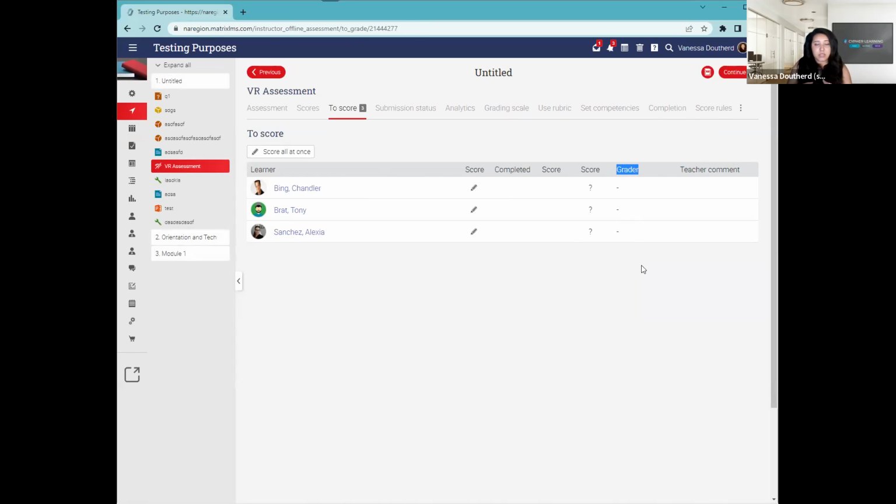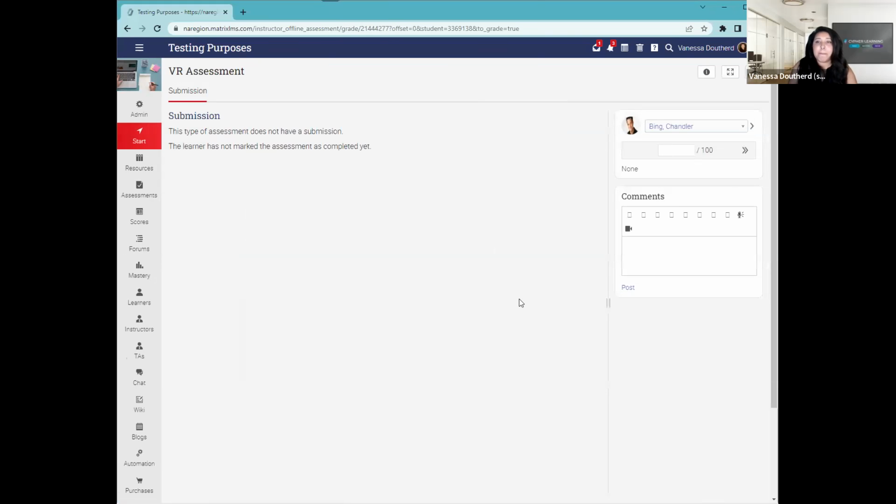So essentially any TA or any teacher or even an admin who is associated with the course could come in and grade any of the assignments, and we wouldn't really know who did it. But now we have this column which will show you who graded the assignment and when it was graded, which is really great information to have. So we'll come into Chandler Bing. We'll go ahead and score his